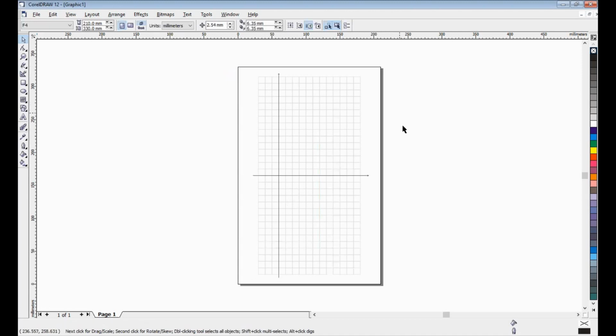Now we know the 0 point on CorelDRAW, the position is here. I will change it. The 0 point is 0.0 here. It's the x axis and y is our ordinate.